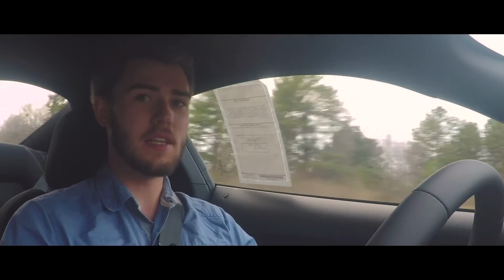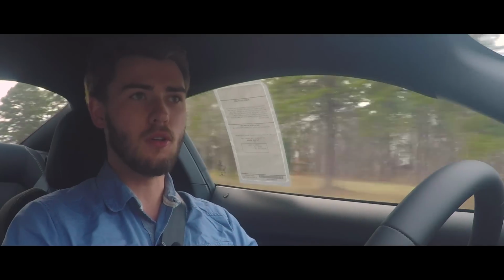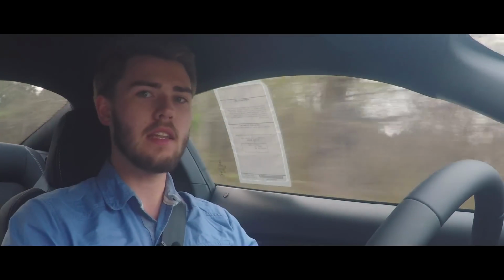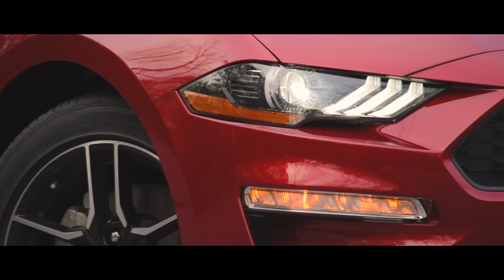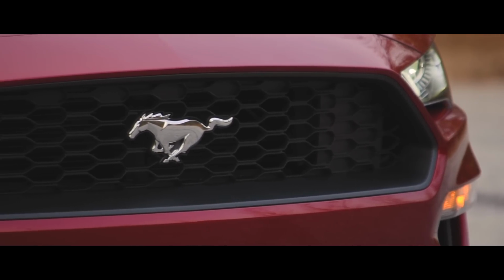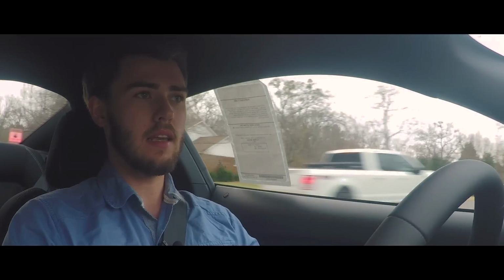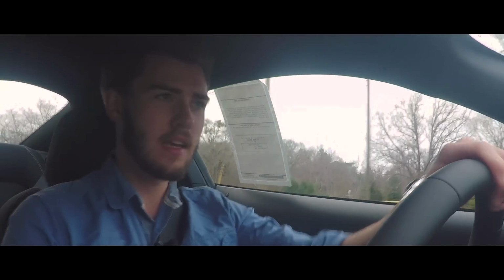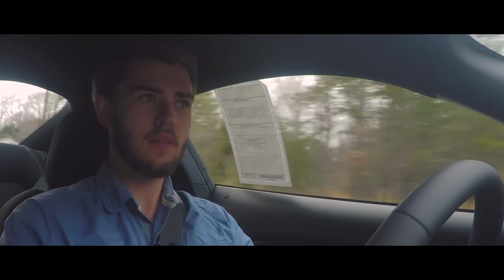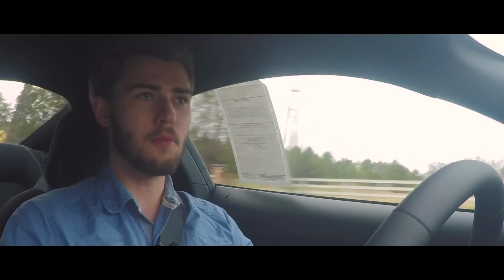And it's really, really surprising from what is supposed to be the more economical, more wallet-friendly Mustang. It's basically the car for when you want the looks and the feel of the Mustang, but you don't want to spend the extra $10,000 to $20,000 for a Mustang GT. And this car actually feels like an incredible option. It's not just your budget sports car. It is a truly capable